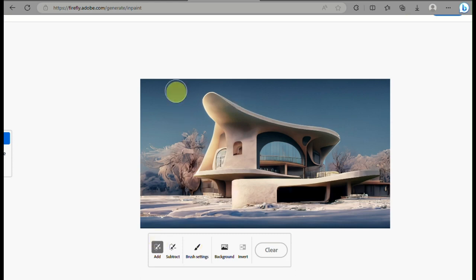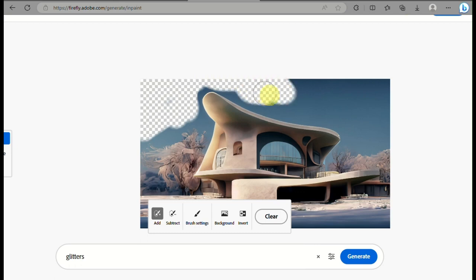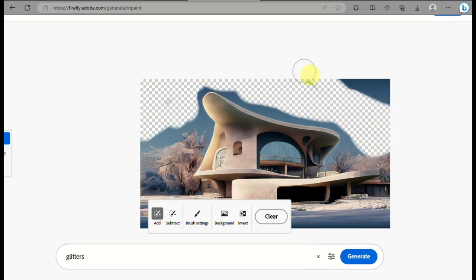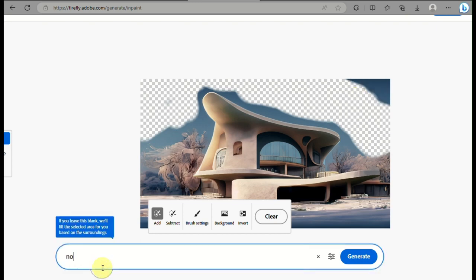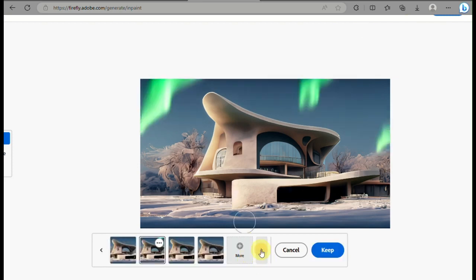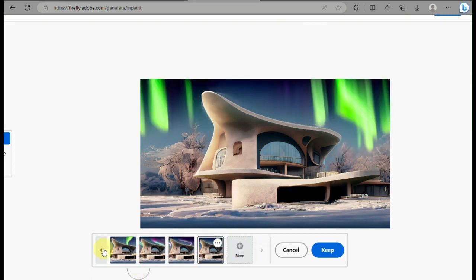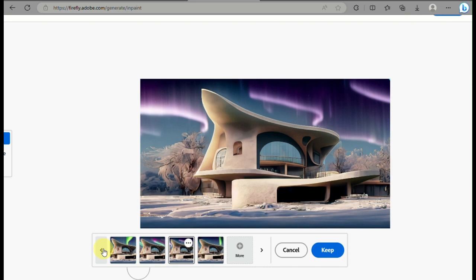So what we will do next is we will add northern lights at the back of the background of the image. So we will remove that with this add tool, then color the portion of the image that you like the northern lights to be incorporated. So here you have this one. What we will do is we will choose from the different prompts that are being provided, or the different variations of the image for us to work on right here,